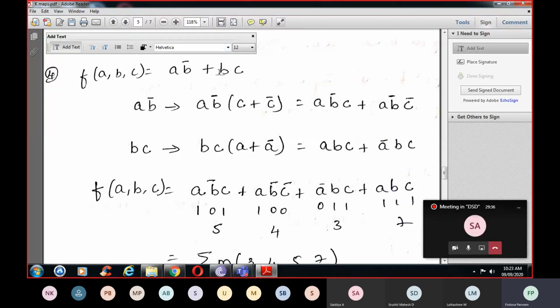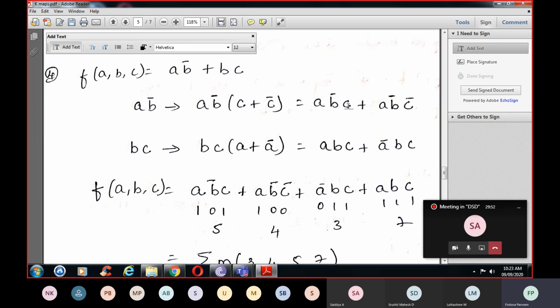Okay. And here A term is missing. As again, I'm repeating, as I've already told, the same sequence to be followed. If it is A, B, C, you have to always place it in A, B, C itself. You cannot place it in B, C, A or C, B, A or anything like that.